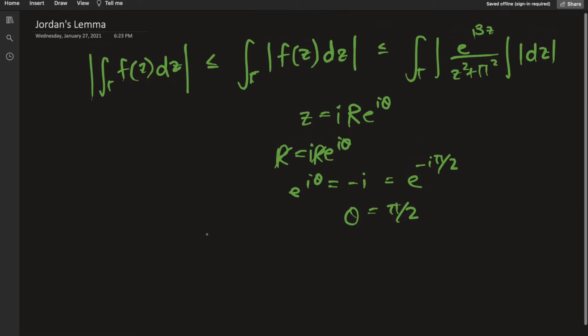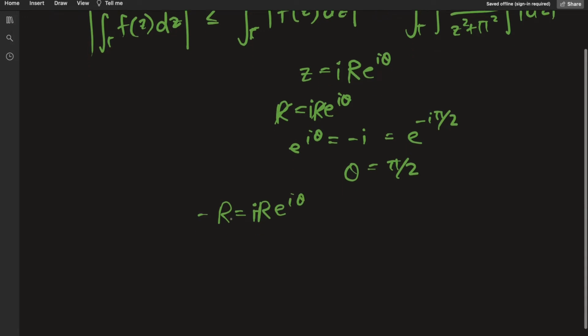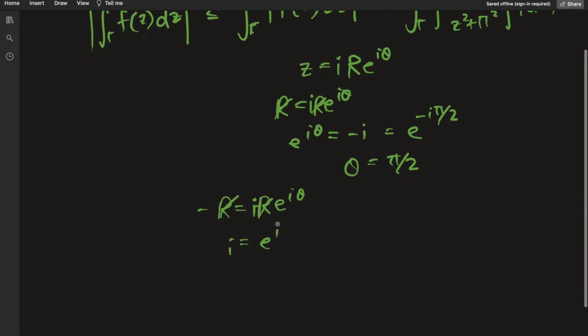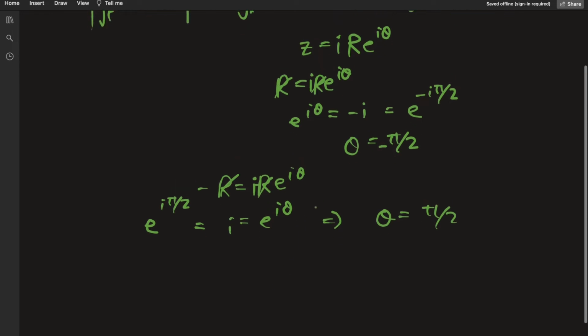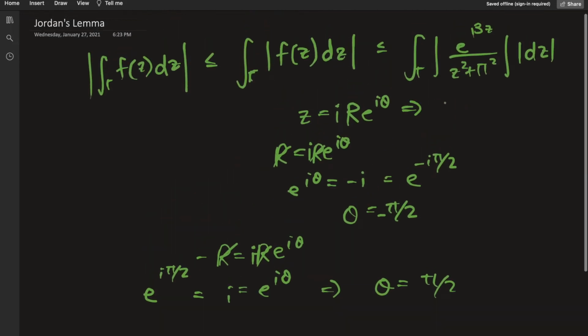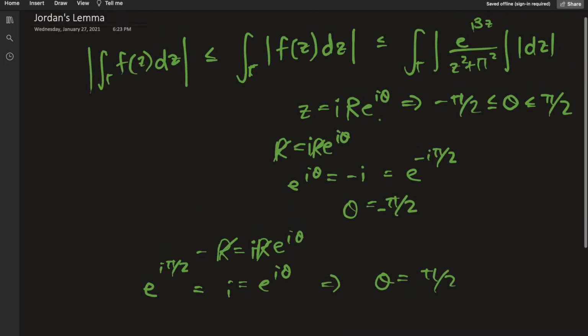And fine, at the end point at negative r, let's see what we're going to get. i is e raised to i pi over 2, which means that theta is pi over 2. So our theta for this parameterization is going from negative pi over 2 to pi over 2, and we're going to have to deal with this when we parameterize. So when we parameterize everything,